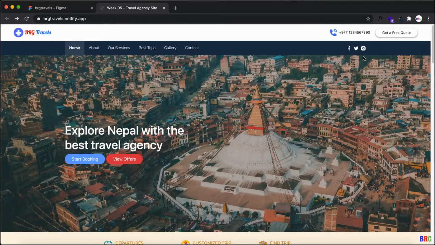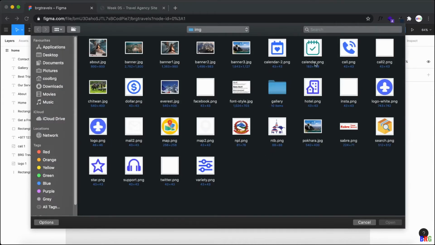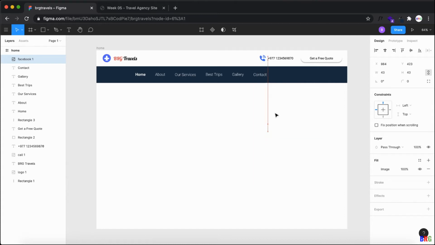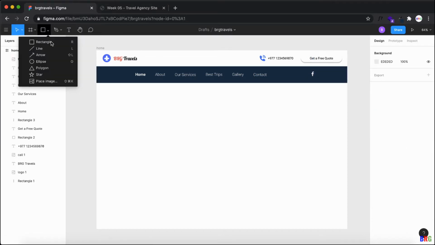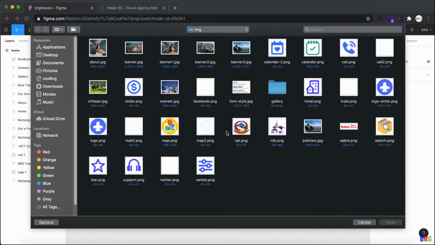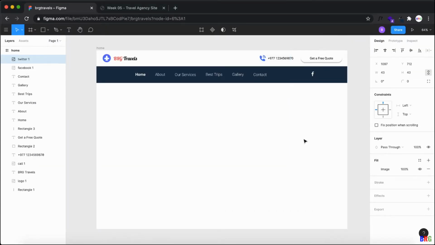Now I have social media icons. Let me quickly add that. Those are just images, so let me place my icons. These are like Facebook. I click here, I got this. I just drag it here to the right side and up to 34. And then other icons, Facebook, Twitter, and then,